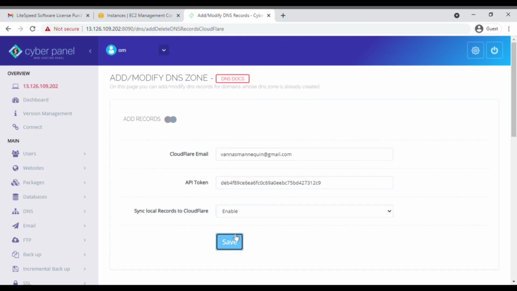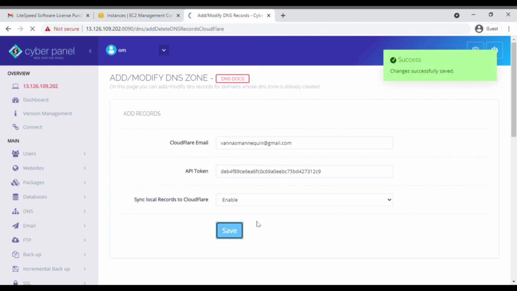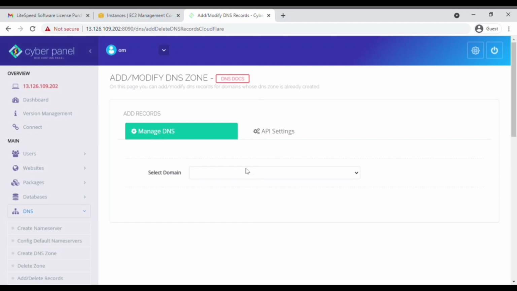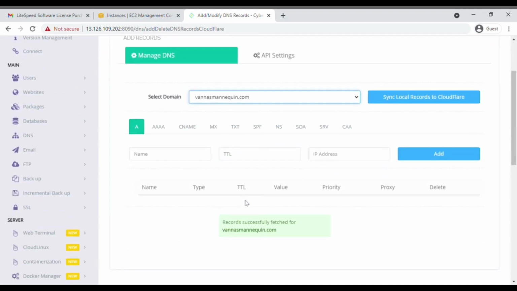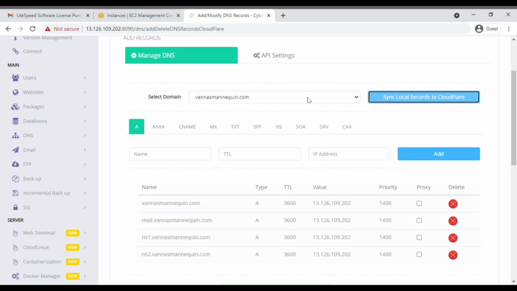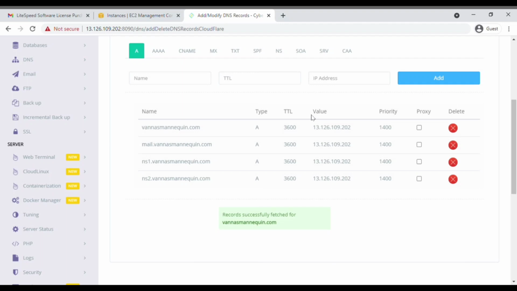Now in the Sync local records to Cloudflare, just enable it. Now click on Save. What this will do is automatically save the records from the hosting to your Cloudflare account without any name servers. Simply click on Sync local records to Cloudflare. As you can see, it has automatically synced the records from our hosting to Cloudflare. Our domain will get connected automatically.